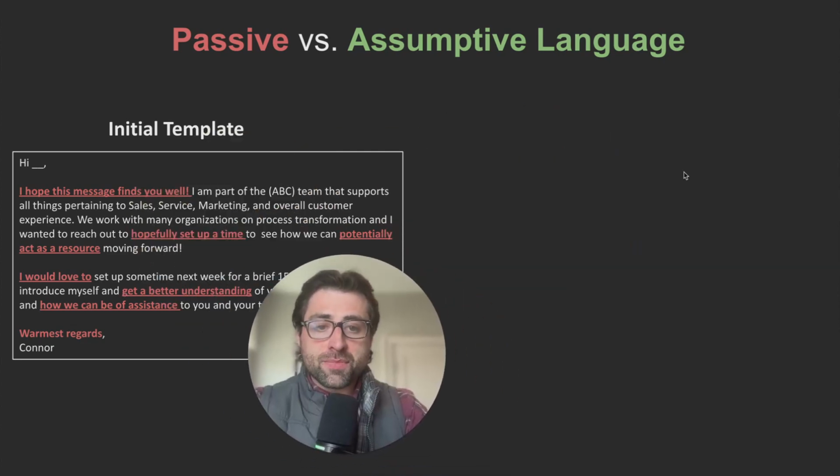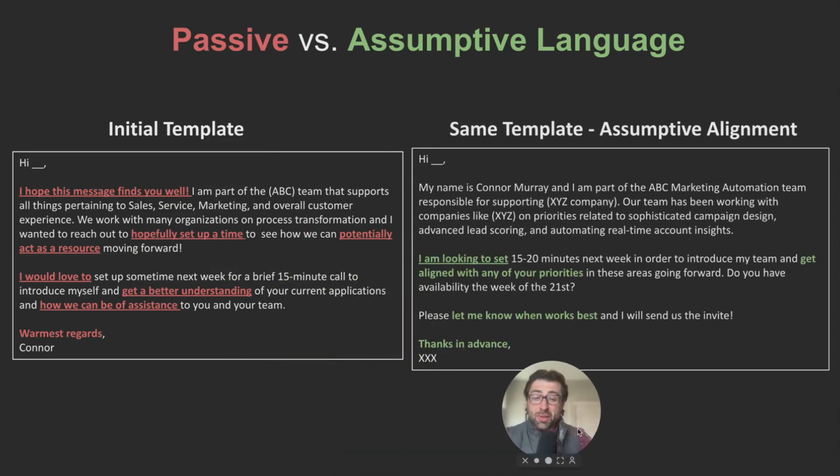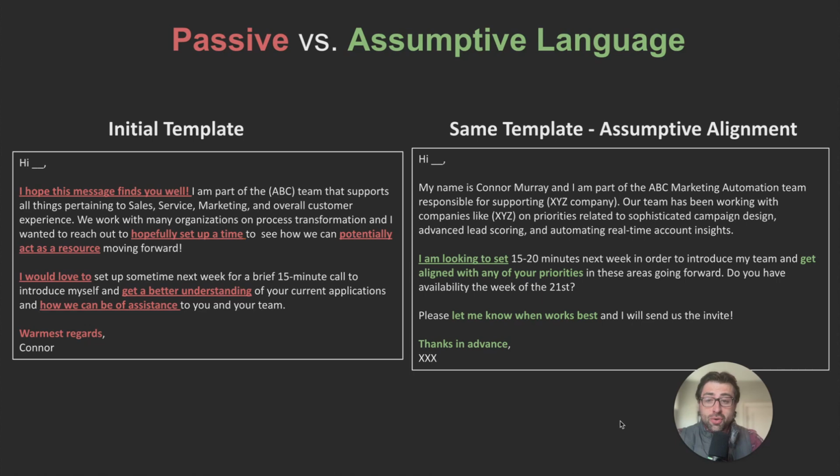But instead, I'm going to take that same exact email template now. And this isn't even the template I would personally use, but I just want to show you how by changing some of what's in red to more assumptive language, you can dramatically improve the tone of your email. So in this one, and I didn't put this in green, but I made it more specific to a particular persona in marketing rather than just going super broad on the left.